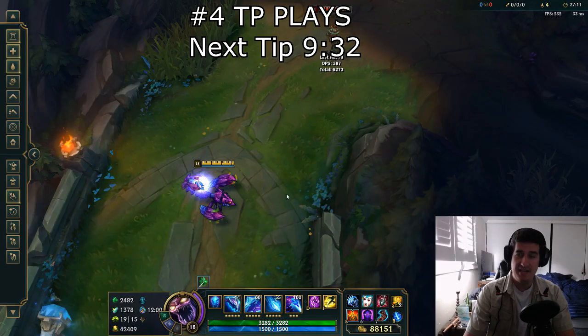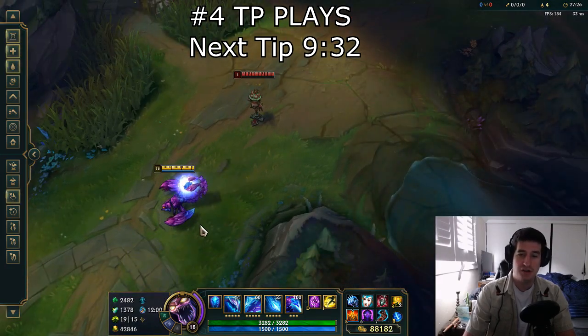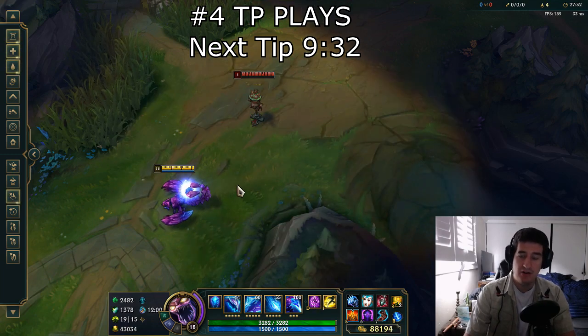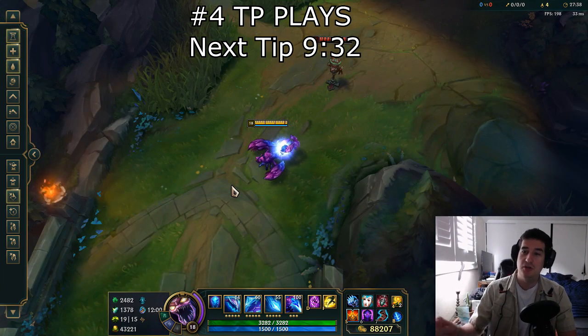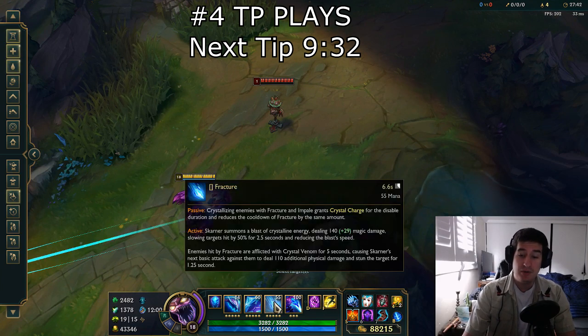Alright, and jumping into the next tip, I think that one thing is really important that you want to start going with Skarner, and that is teleport is so strong when you are playing Skarner. I'm going to give you an example. I know that a lot of low elo players really like running Ignite or Ghost and really like dueling and duking it out with the people up in the top lane, but when you have a champion with this much